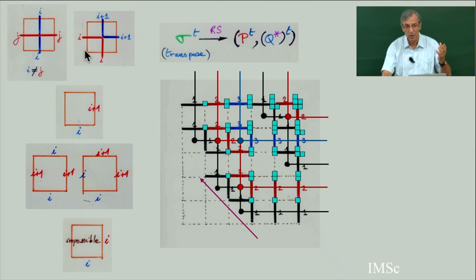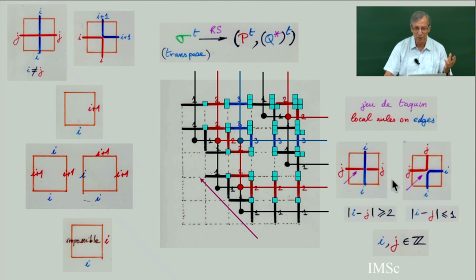So trying to read this rewriting rule from this side, of course, there is ambiguity. But if you look carefully at these two different cases, and compare with the two different cases of jeu de taquin on edges, there is some similarity. It's not totally the same. So I was wondering what to do. And here, this is impossible. And here also, i,i is impossible in that case.